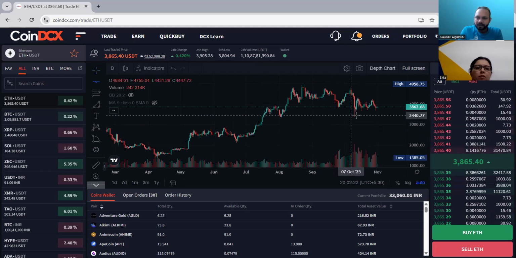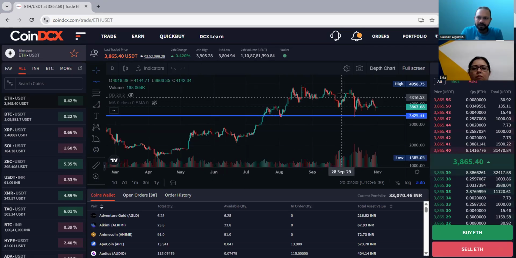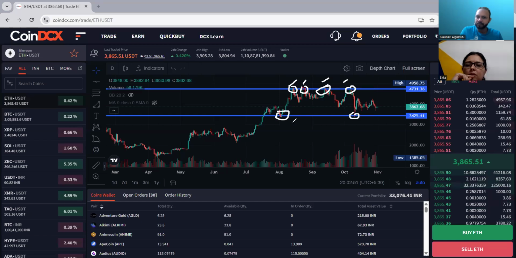How will you analyze the daily chart? You can plot the support and resistance. So there is a support, right? And there is a resistance. You can see that the price has reversed from here multiple times, right? At the top, the price came down from these areas 4 times, right? So these are resistance. And here the price took support almost 2 times. See, there is a support and there is a resistance, right?